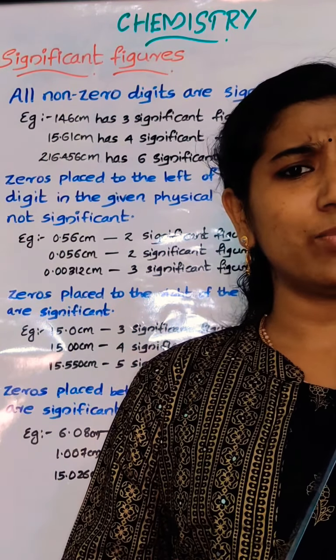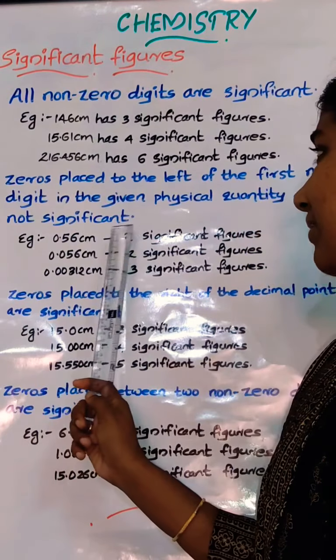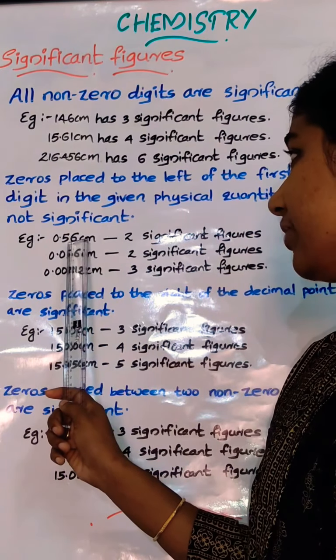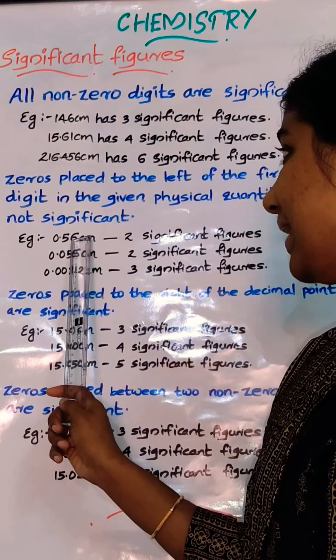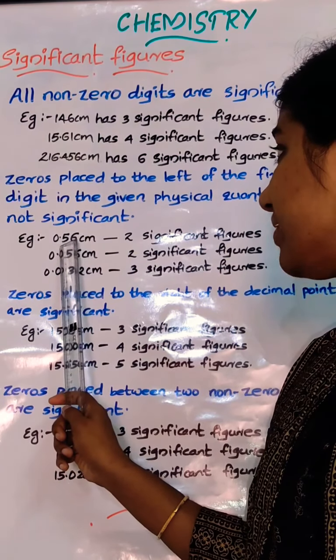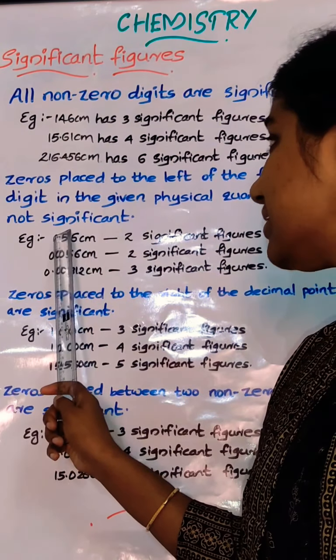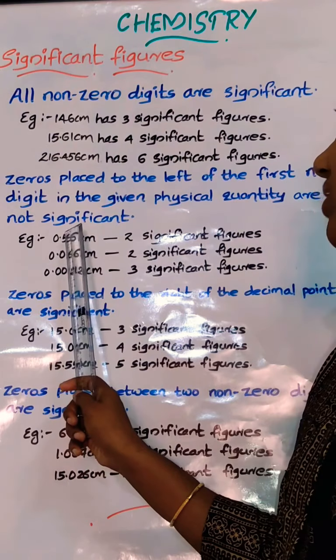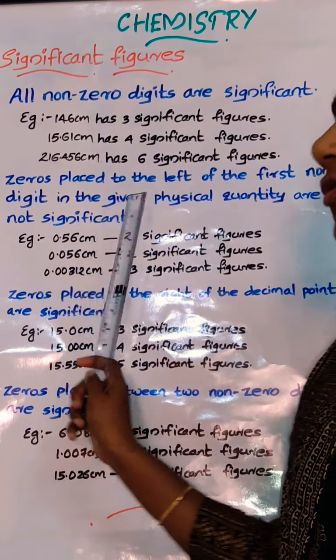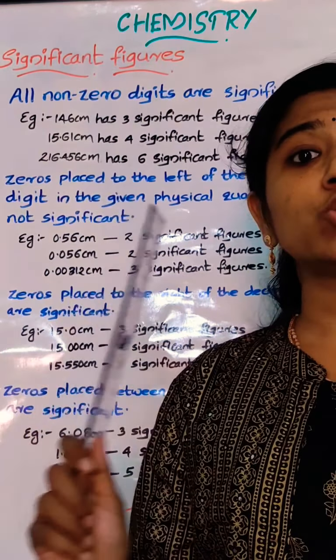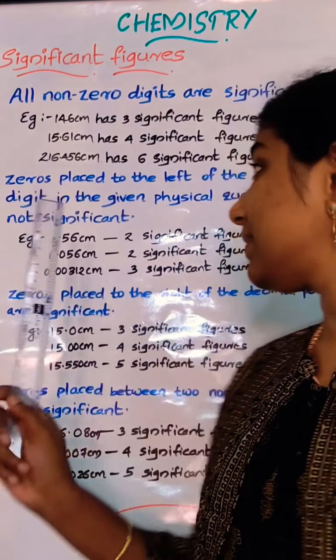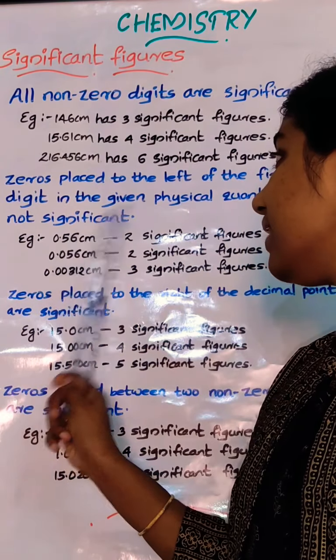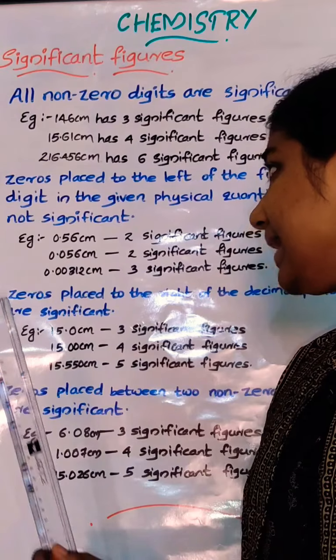Can we move to an example? Can we look at the example 0.56? The zeros placed to the left of the first non-zero digit are not significant. That is, 0.56 will have 2 significant figures. This 0 is not at all considered as significant. Then next one,